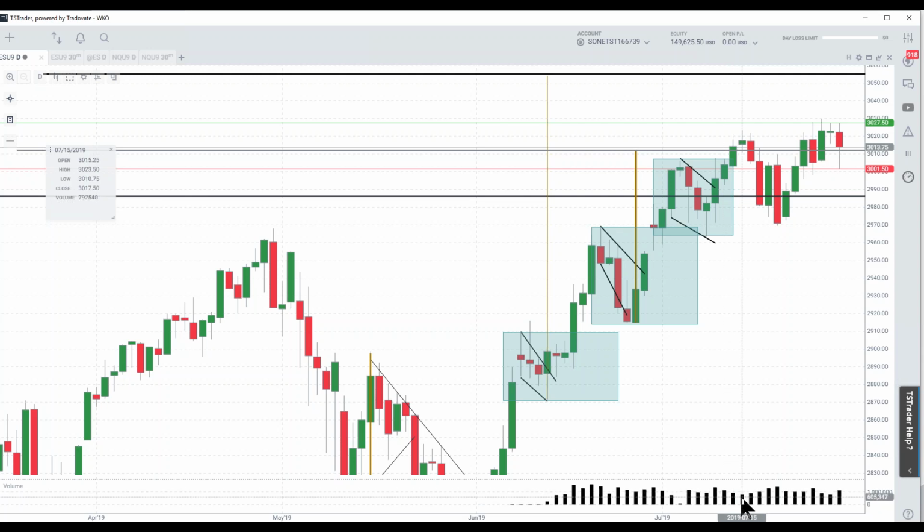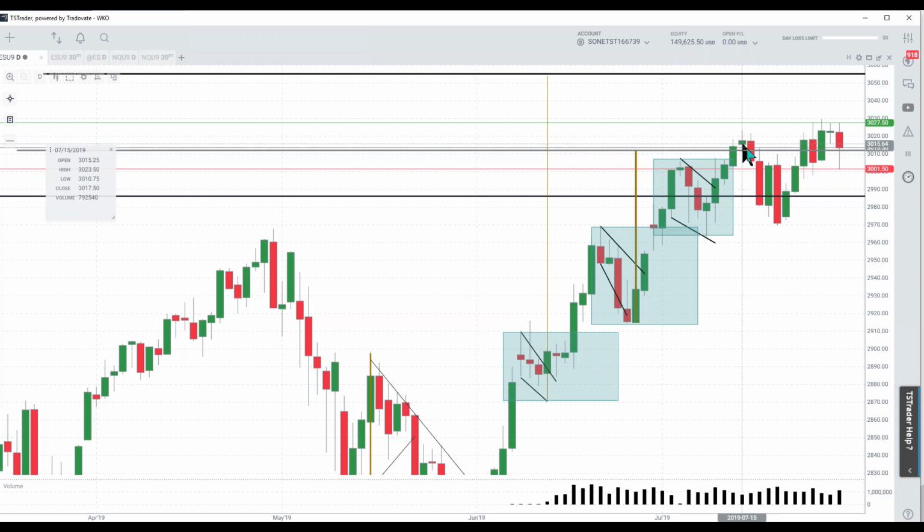As a matter of fact, the volume really kind of starts falling off as we're approaching that level. Now, in the S&Ps, I find that the high volume tends to come in when the market is headed in the opposite direction. On the down days, everybody's piling in. So the volume in this particular case is continuing to fall off as prices move higher, but it's more the lack of momentum that concerns me in this regard.